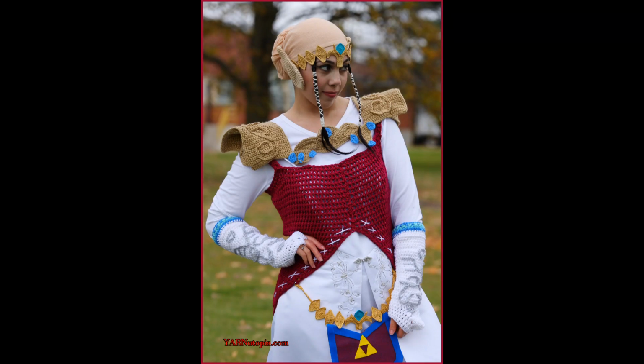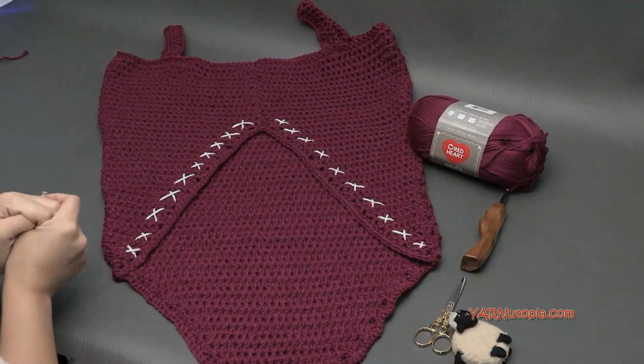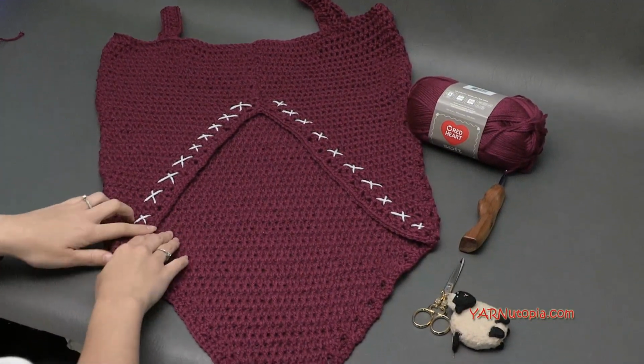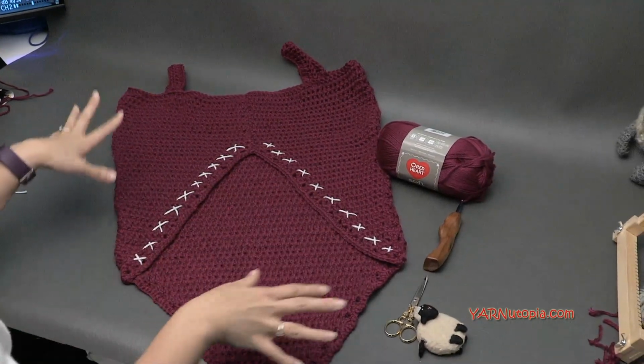Today we are making this wonderful fairy tunic. This is part of my Halloween costume. I am going to be Zelda and Nate is going to be Link. So if you've been following us on Facebook and Instagram and YouTube here, you'll see we've been crocheting a lot